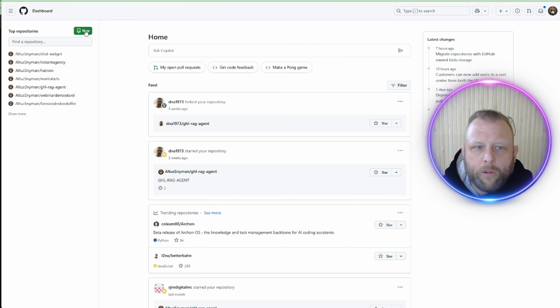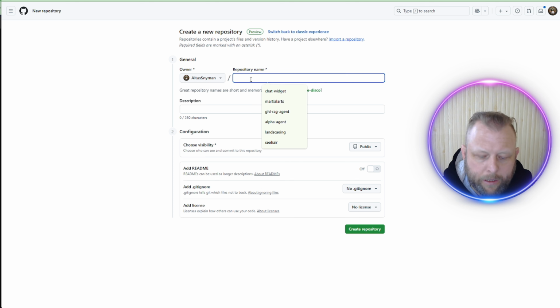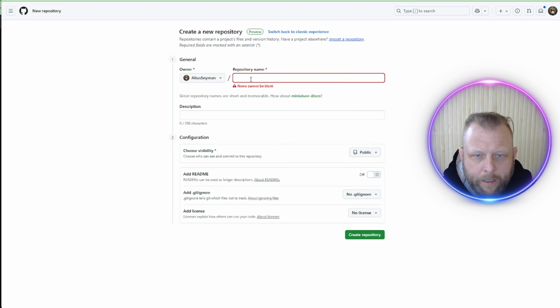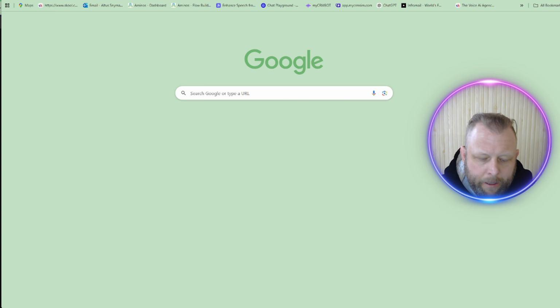I'm going to go create a new repo. And I'm just going to tell this test to delete. I always do this so I remember to delete stuff later on. So I'm going to create the repo, and just hit the blank one in here. I'm going to hit the copy in here, and then go to